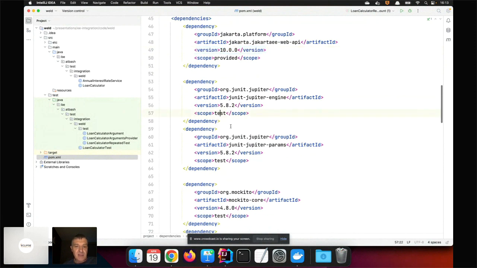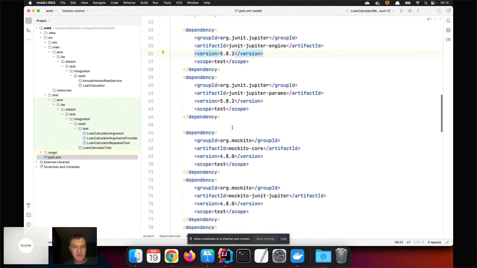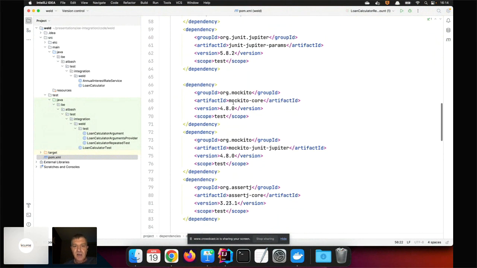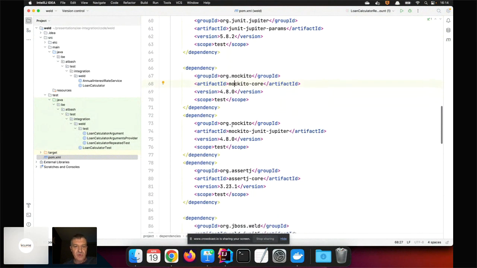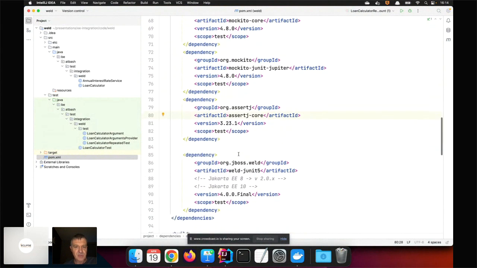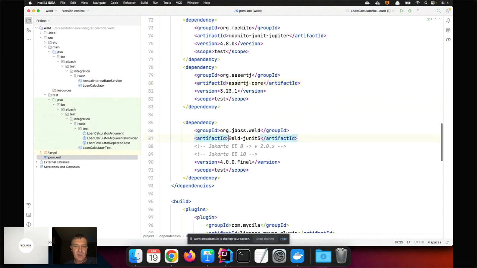And I add the classic JUnit 5 dependencies. I hope that you had already the opportunity to switch to JUnit 5, because especially with those extensions, those are very nice. Mockito, as I mentioned, to create mocks, and AssertJ I'm using for those fluent test assertions. And then the Weld JUnit 5 dependency. For EE10, you need version 4 of that